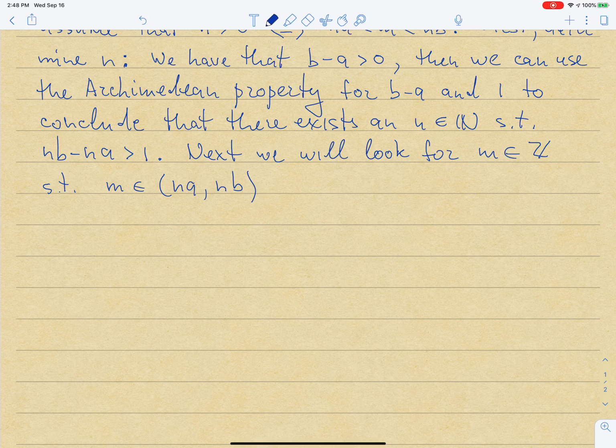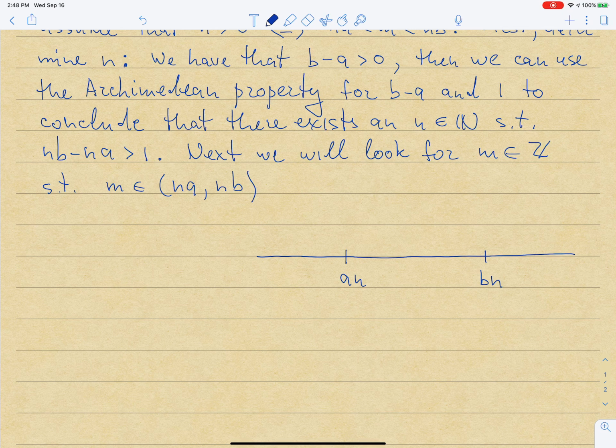So let's say I have my numbers an and bn, so let's sketch them on a number line. So maybe this is an and this is bn. So the rough idea is going to be as follows. Let's say I'm going to